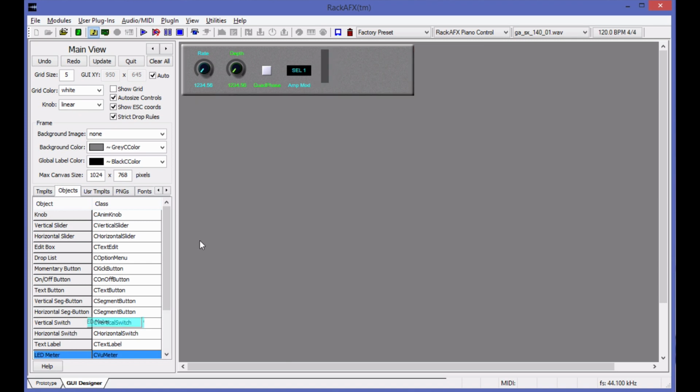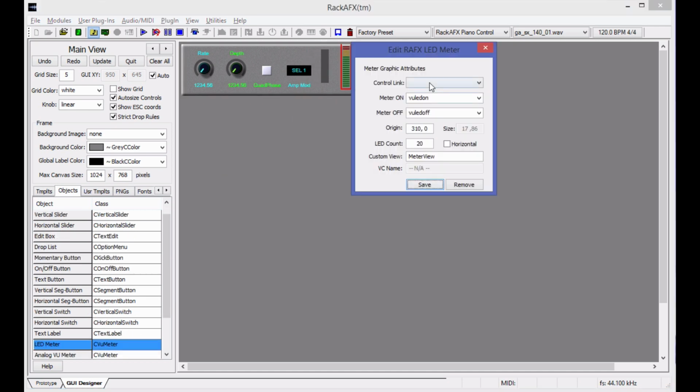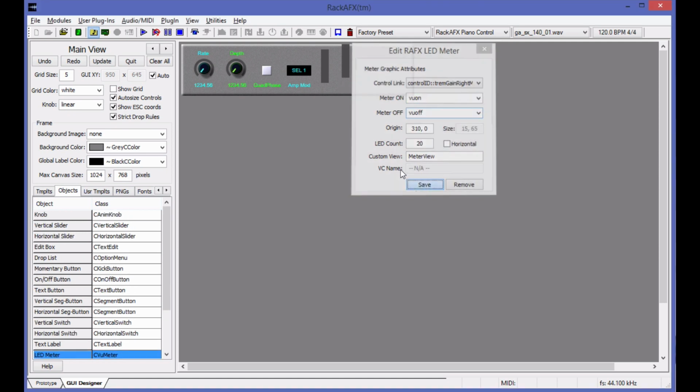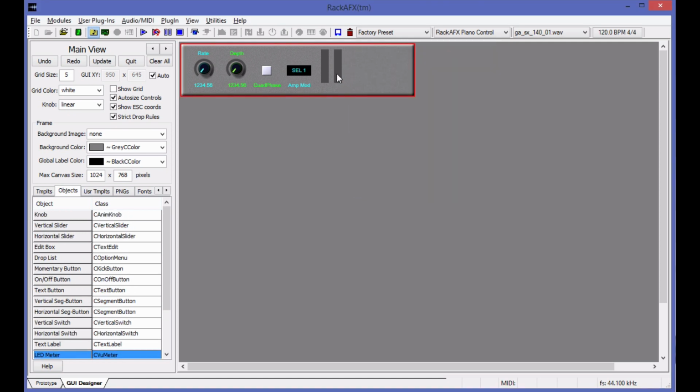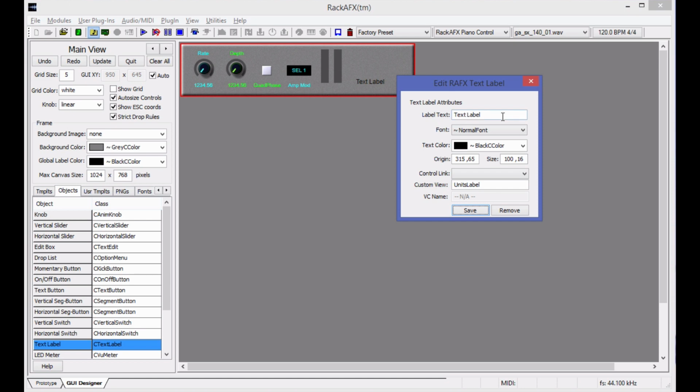I'll go ahead and add one more, do the same thing to it for the right channel and change its graphic, view on, view off, like that. So there are my 2 meters, and I'll do the same thing as before and add some text. This is going to be easy. It's just going to say